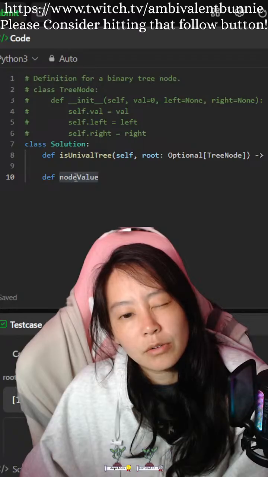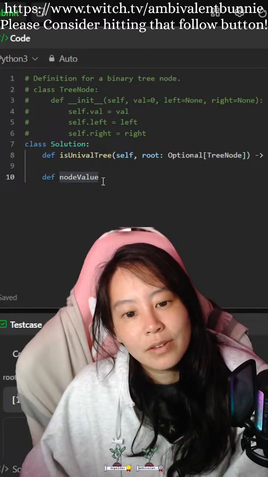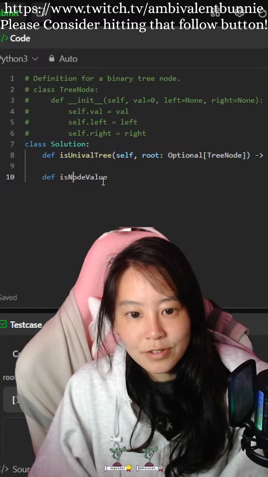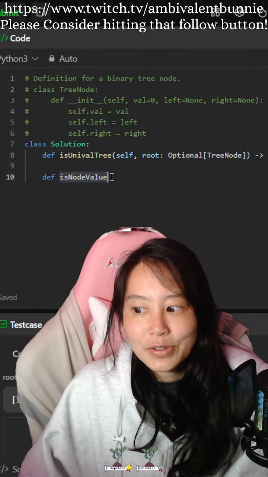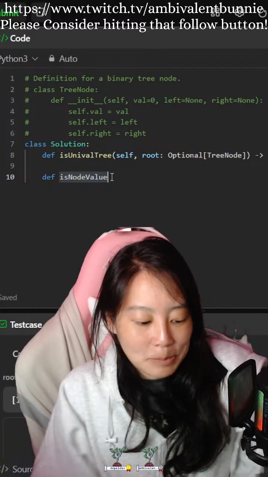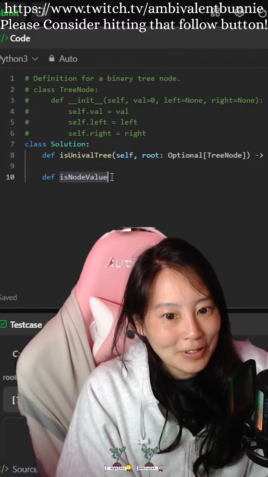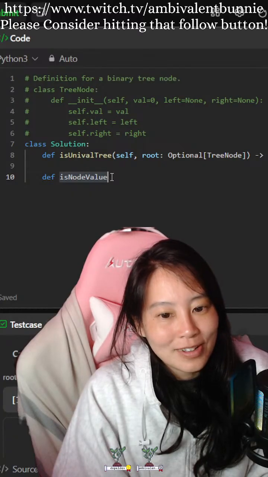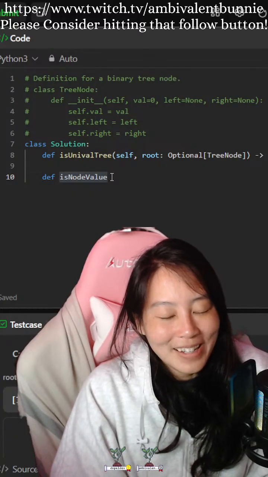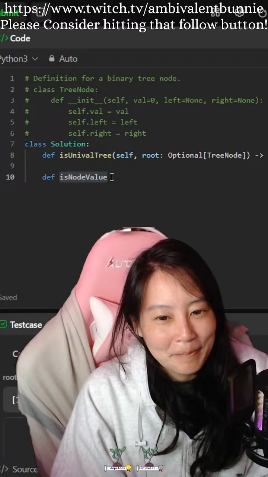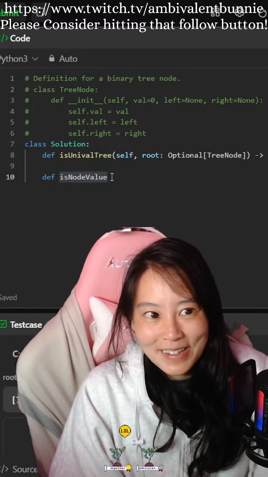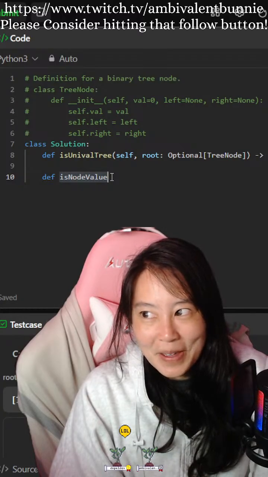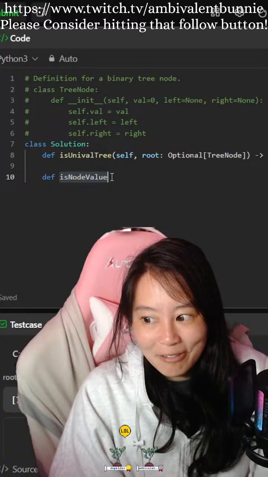Node value is node, or am I allowed to use plural? Are nodes equal? Or is node values are? Because no matter what, it's gonna be plural, right? So naming wise, am I allowed to name it are nodes equal?